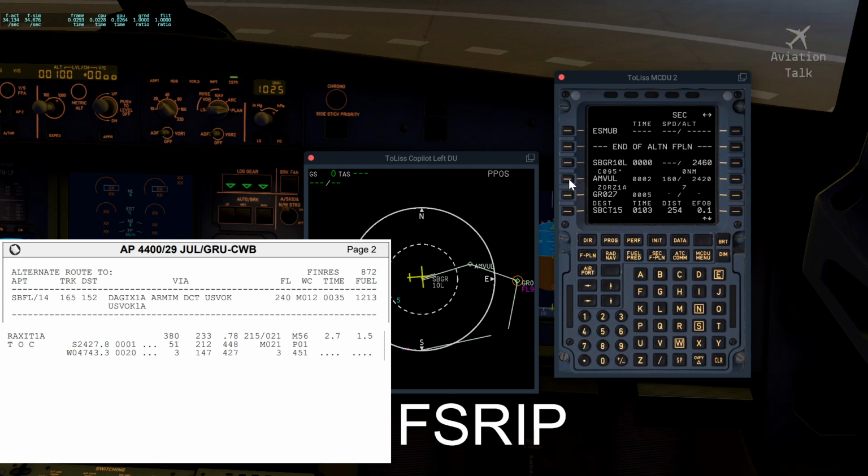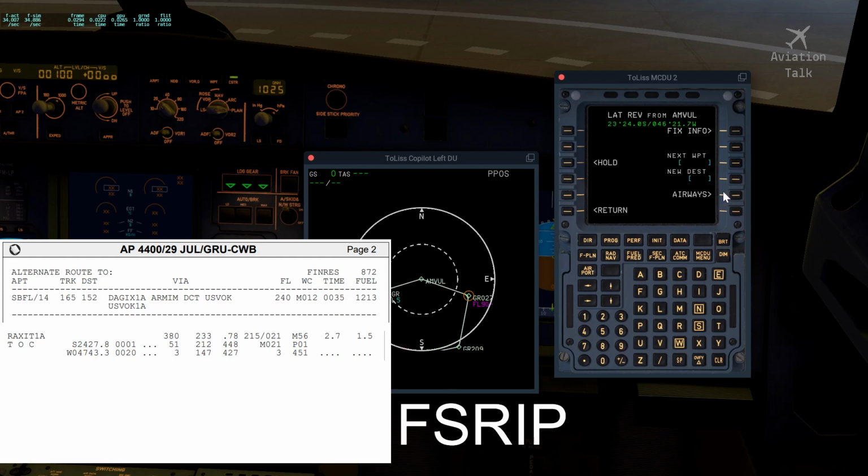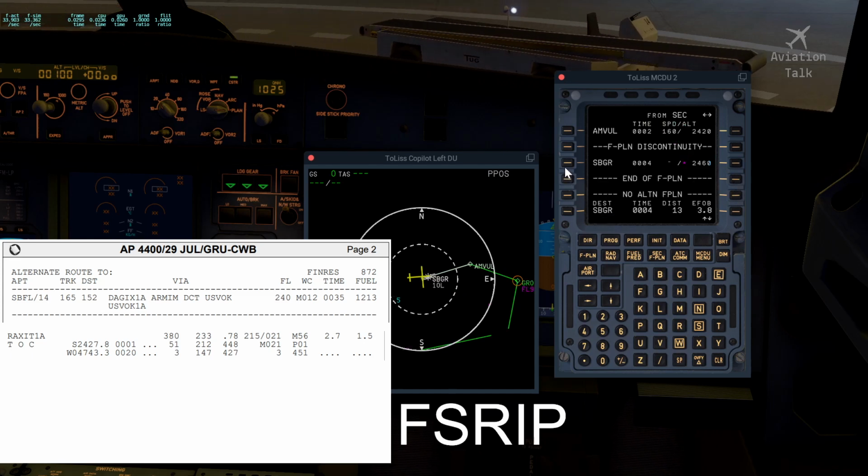From Amvol, I'm going to set up a straight-in departure. So unveil new destination, Sierra Bravo, Golf Romeo. Great. And after unveil, I'm going to set up also a fix right straight ahead